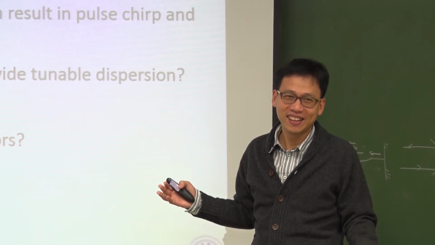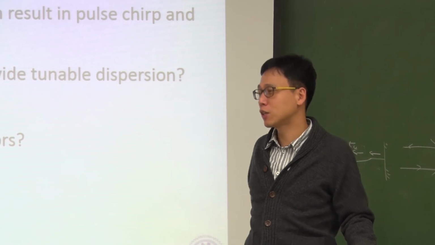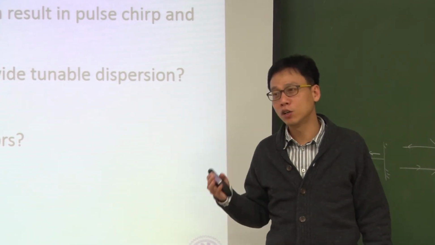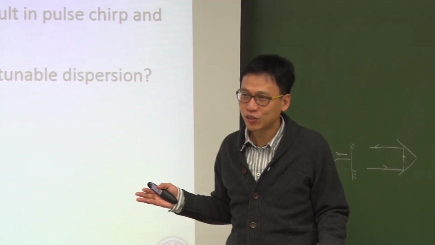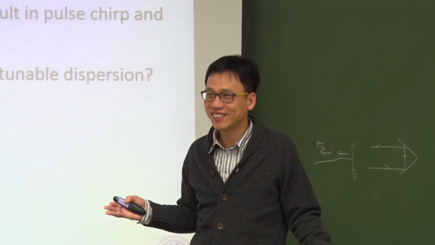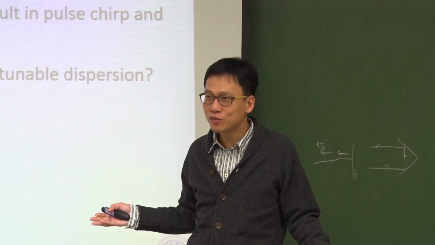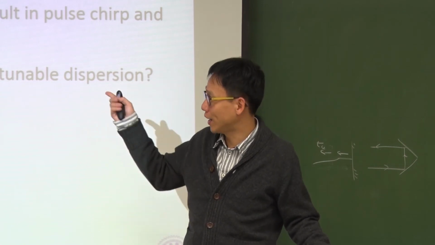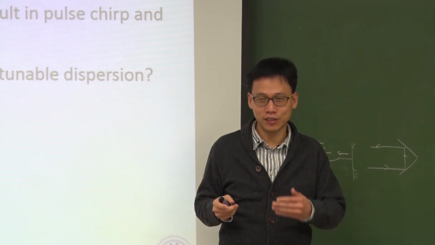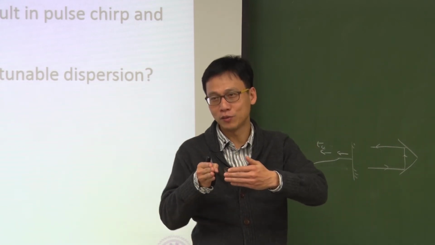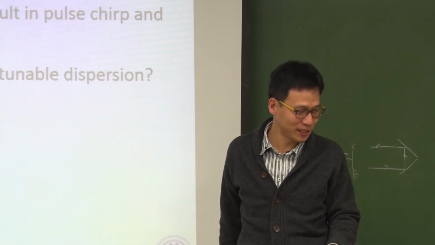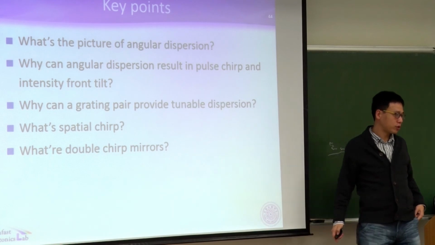And our mathematical model shows the envelope will propagate along a different direction, which is the first order derivative of your wave vector, not just the wave vector itself. That's why you have intensity front tilt. 因为你的 carrier 走的方向跟你的 envelope 走的方向不一样，就会出现这个结果。